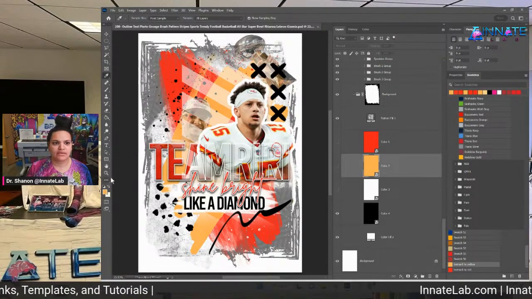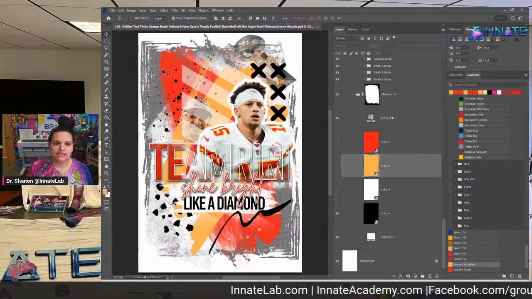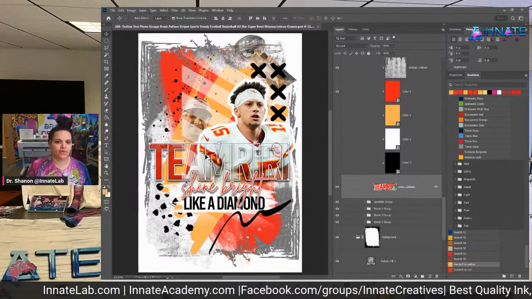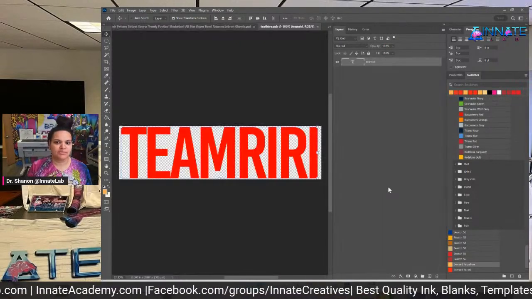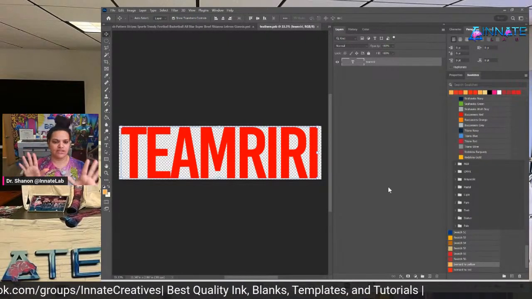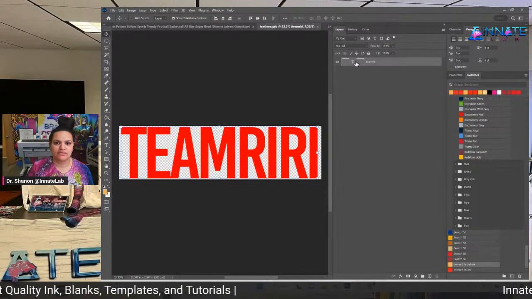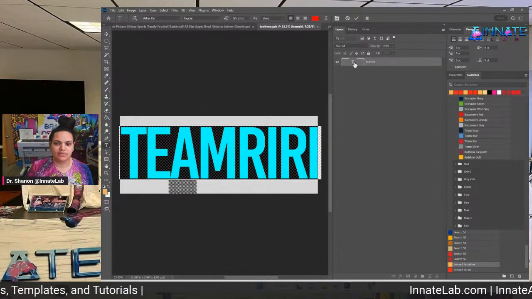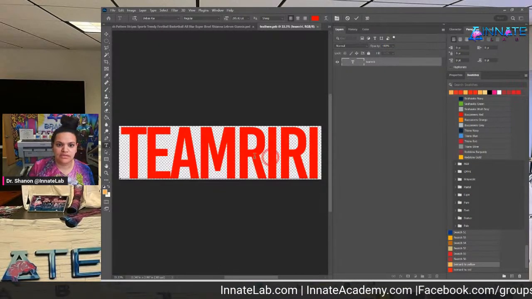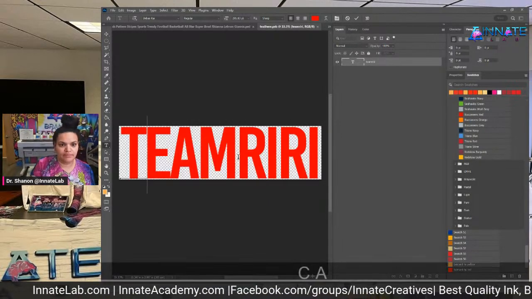All right. So let's go ahead and change the name out. So like I said, we have the text here. I'm going to go to my text. I can go to the forward or the behind text. And because it's a smart object, watch this. So if you're doing this in Canva, you have to type the words each time. You have to make sure they're the exact same size and they match up. You don't have to do that here. So what we can do is just change the text out here, and I'm just going to put